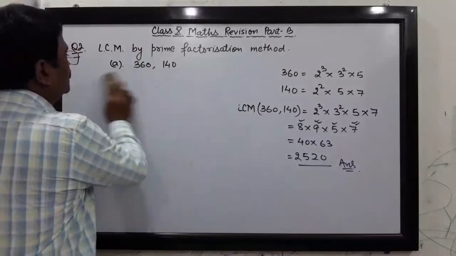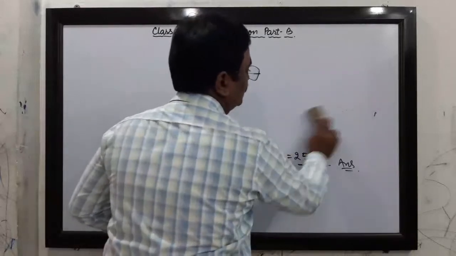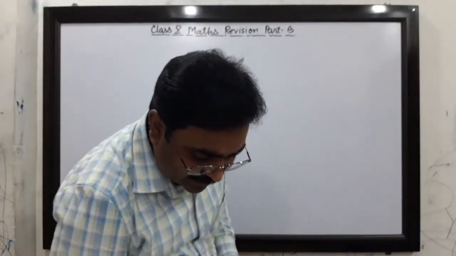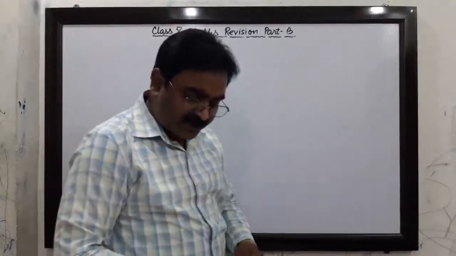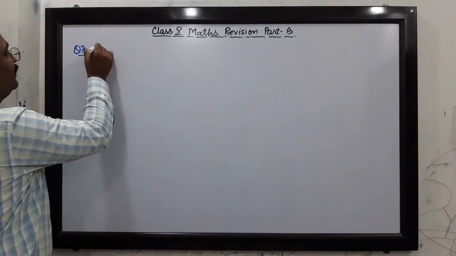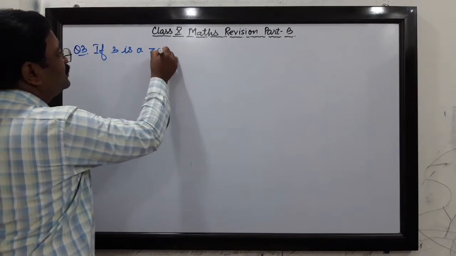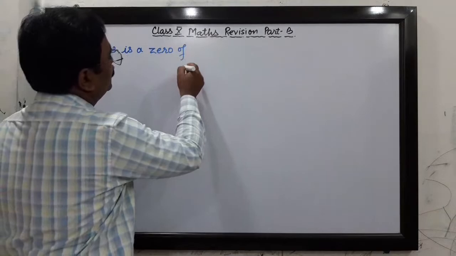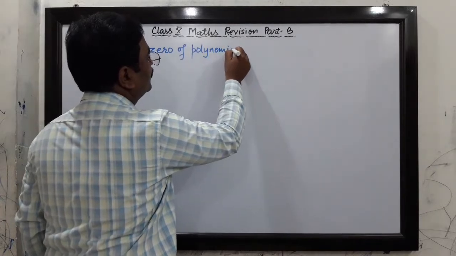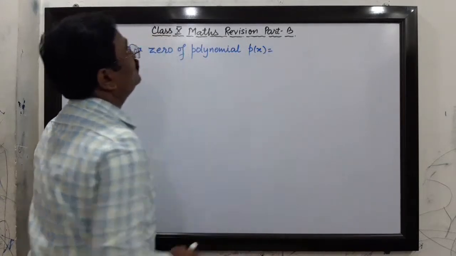See the question number 3. In this third question, it's given that if 3 is a zero of the polynomial p of x equals